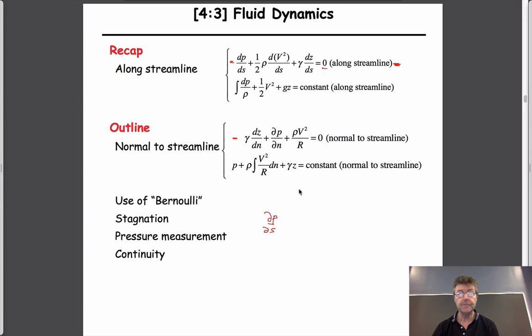That's this term here. I'm going to write this part next because I can. Unit weight times change in elevation with distance along a streamline. And then this half rho change in velocity squared with direction along the streamline, just as a partial,